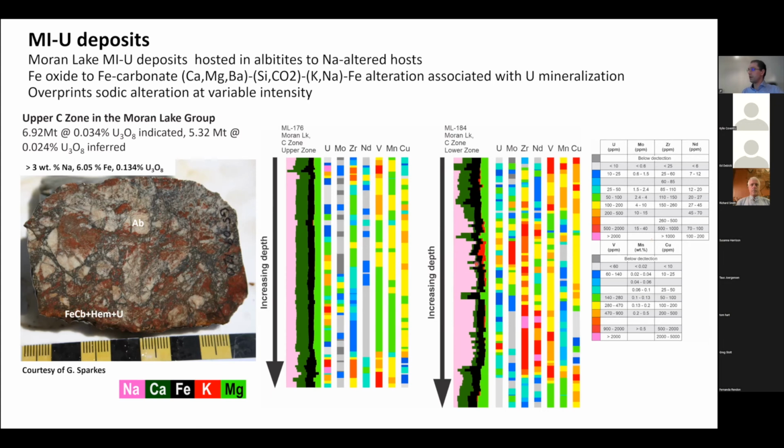And interestingly as well, this provides a very good example of differential mobility of certain elements in the system. So for example, if we look at this zone of sodic alteration, we can see that zirconium is being enriched in comparison to what it was in the basalt, because it stayed behind and was relatively enriched. Whereas a metal like vanadium was pushed out of the zone of sodic alteration, more onto the shoulders, as the rocks were becoming progressively albitized. Vanadium was less compatible and was progressively pushed out of the zones.